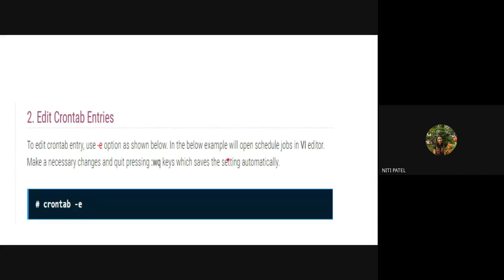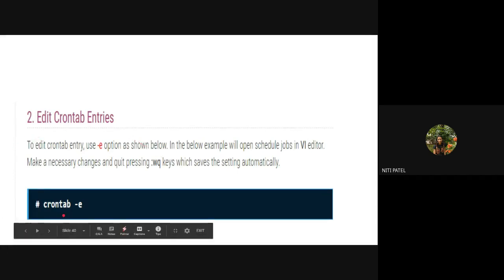Now, as I told you, in the Linux operating system you have an editor, and the name of that editor is the VI editor, which is similar to your notepad, only the name is changed. From notepad, it has been changed to VI. So can I edit something in the notepad? Yes. Similarly, I can edit in the VI editor also. Can I save it in the notepad? Yes, by pressing Ctrl+S. But in the VI editor, if I want to save anything, how do I save it? By using :wq. So I will press colon on the keyboard and then press wq. After pressing :wq, when I press enter, whatever I have written inside that file gets saved.